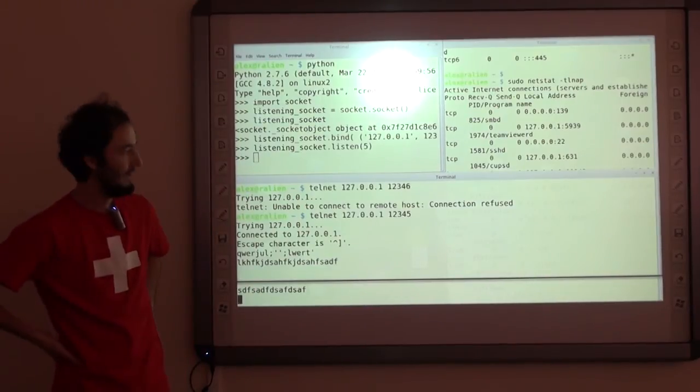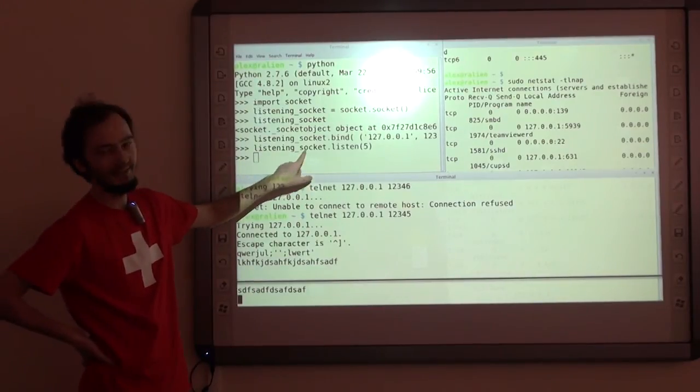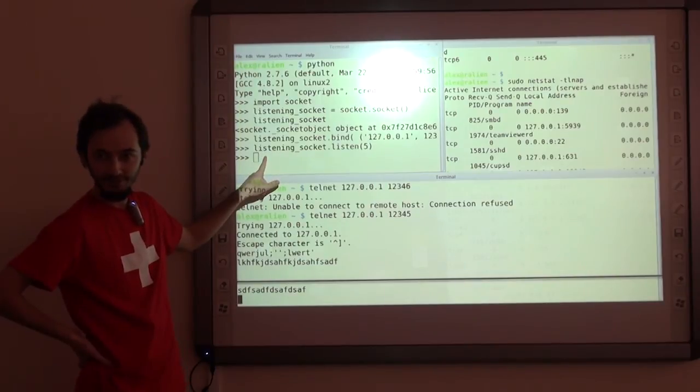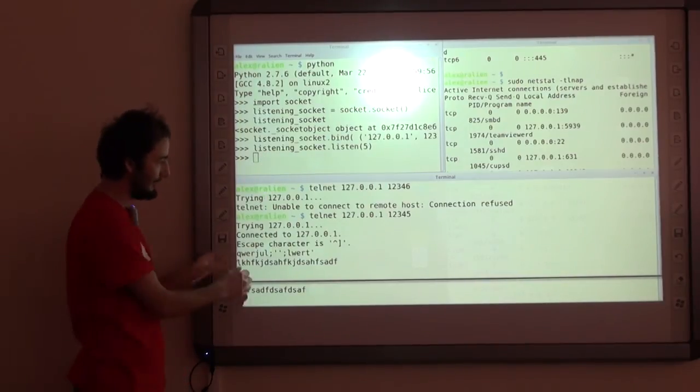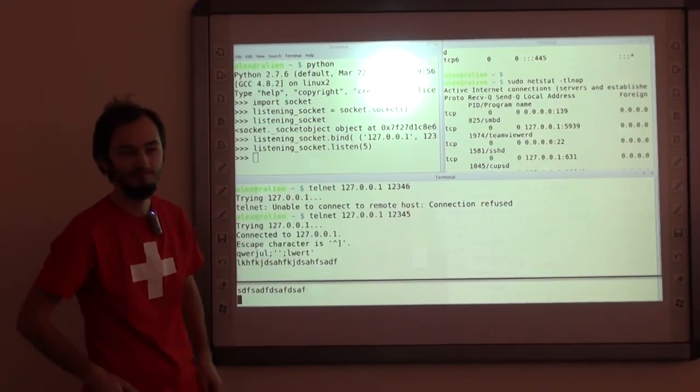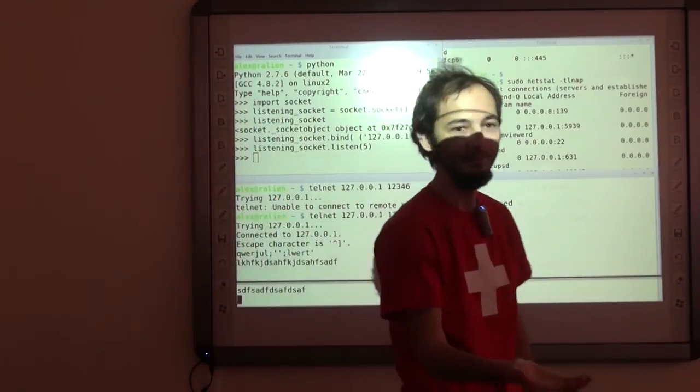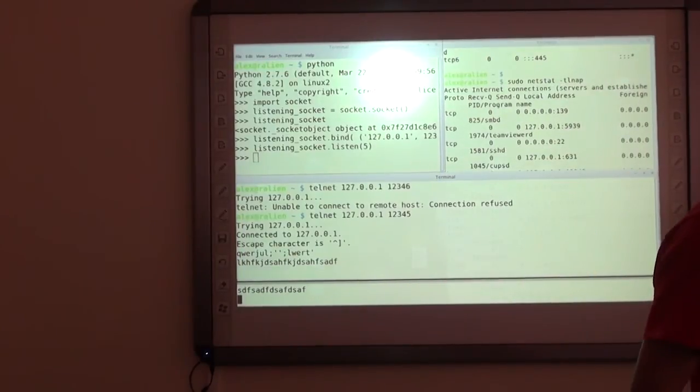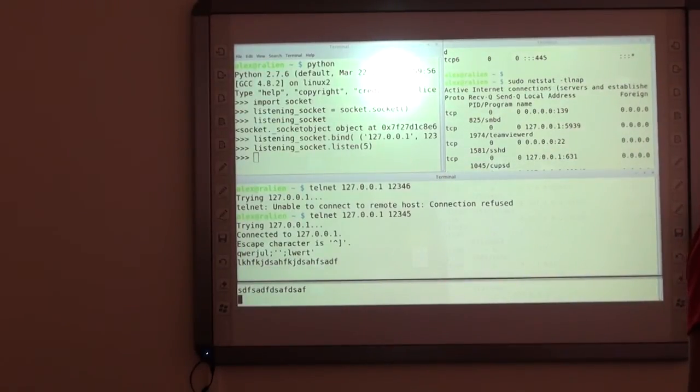Nothing happens because I haven't yet accepted the connection, yet the client already managed to send some stuff. Where did that stuff go, in your opinion? Maybe in a queue.